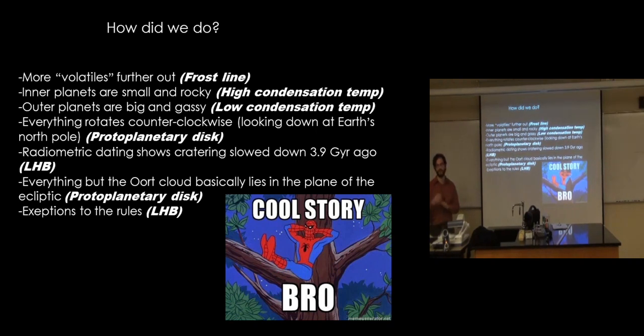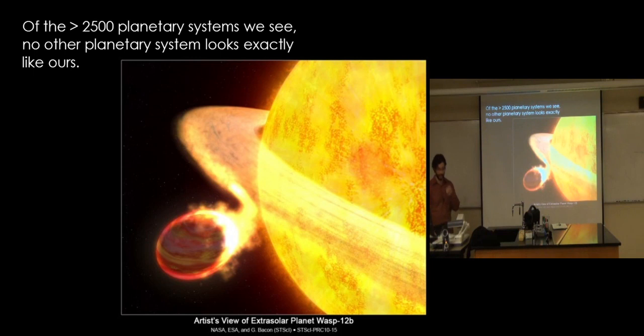So if you were to go to another star and look at the planets around that other star, would you expect to see only terrestrial planets really close and gassy planets farther out? Do you expect to see everything lying in the plane of the ecliptic? You'd really expect this to be a generic story, and people thought so. So of the